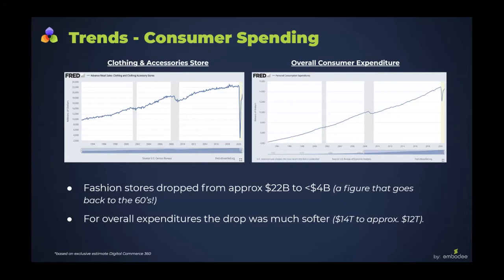And when we look at our consumer spending overall, which is on the right-hand side, we see that it was also getting a blow from 14 trillion to about 12 trillion, again followed by a strong recovery, but it was not an equal drop, as you can tell from the two graphs. And by the way, guys, those gray columns you see there in the year 2008 or whatnot, that was the recession we thought was signaling the end of the world. It merely looks like a hiccup for us right now.